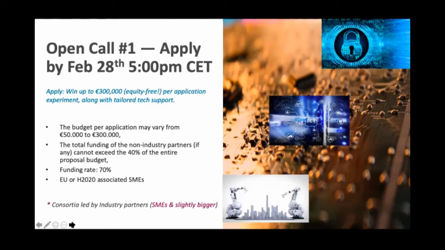This is important information because we've been running really many open calls, and we are aware that very often we receive emails a few minutes after 5 saying that I was not able to apply, and unfortunately in that case we really cannot do anything more. Your application won't be taken into account, so please do not wait until the very last moment. Only in case of any technical issue on the F6S platform, which has never happened to me yet, at least running many projects. So it depends on your internet speed, etc.